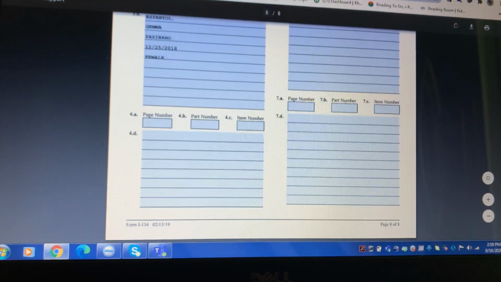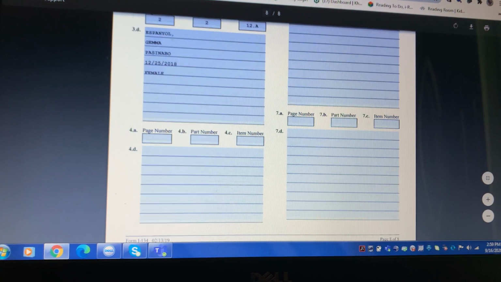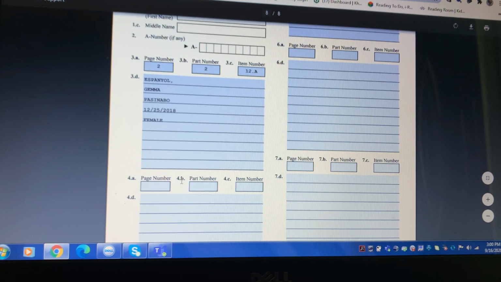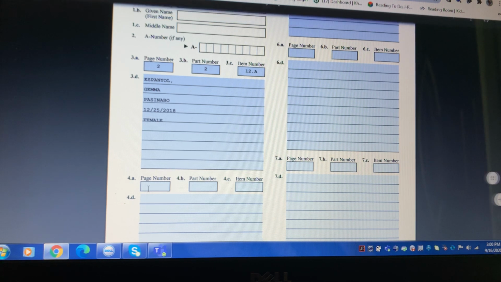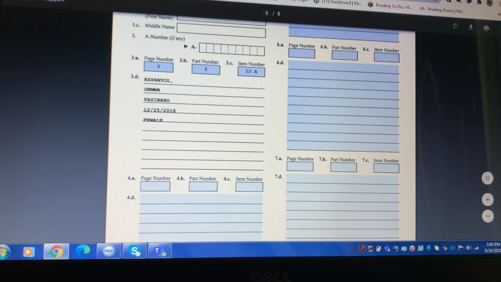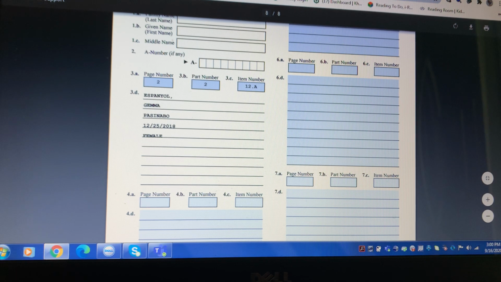So if it's a number 4 child, if you have number 3 there, you can add another one. Still the same, you can write in here again. Okay, page 2 like that. But you can even write in this part in here. Okay? So now I know you understand what you are going to do in Part 2, page 2,